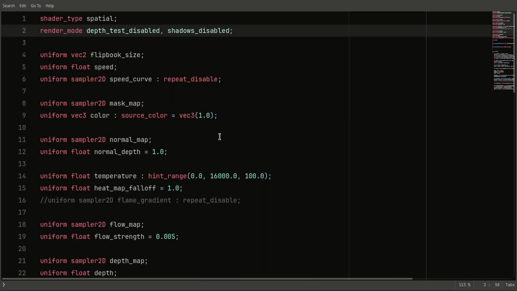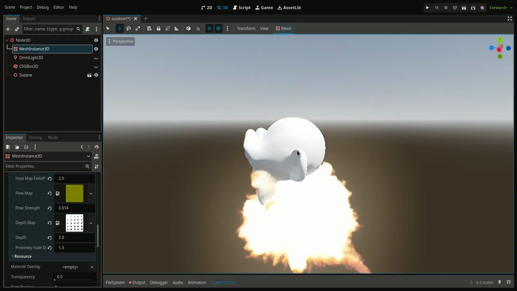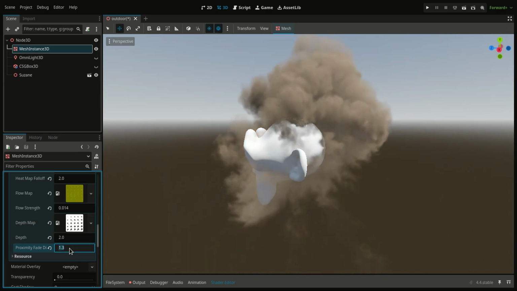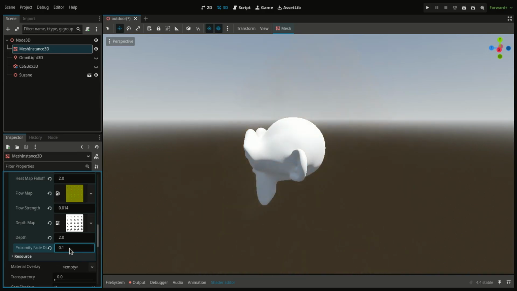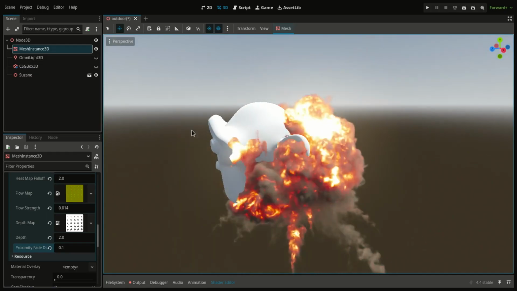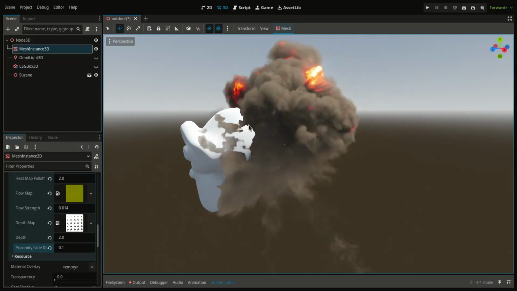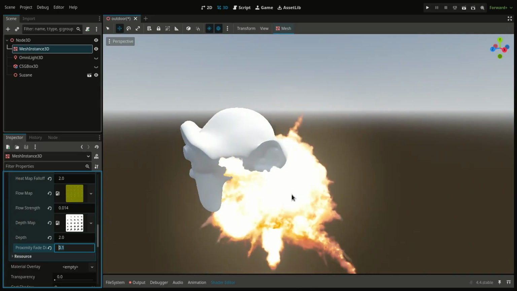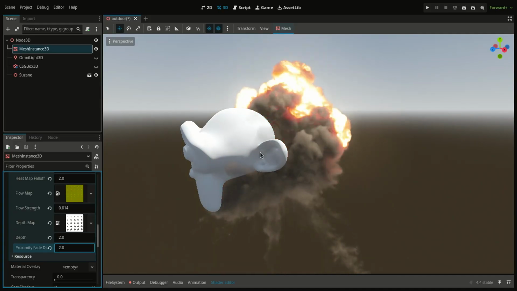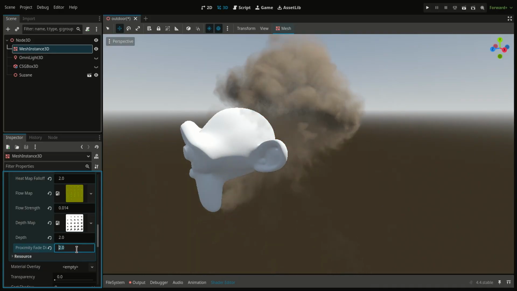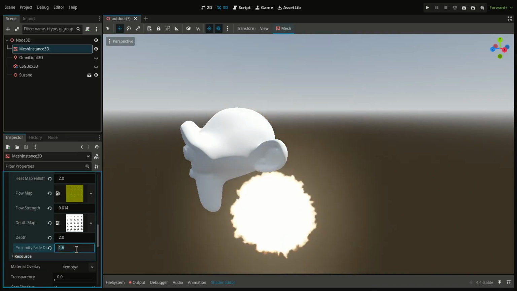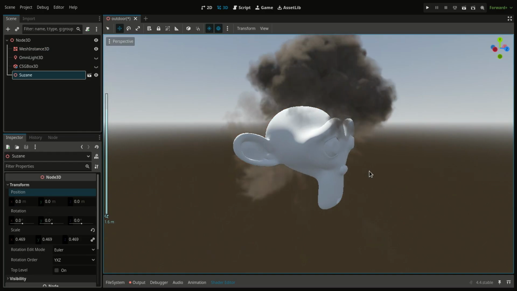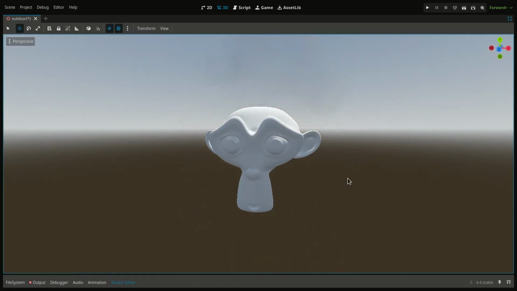Alright, so now as you can see, we have some depth fading, and we can increase this proximity fade distance to make it a little smoother. If you set it to be a very small value, you can see we still have that depth fading, but it's really sharp, the transition between it. We can set it to something like 2 to make it really smooth. Well, 2 is a little too much, so 1.6, maybe 1.4. Alright, so as you can see, it has some proper